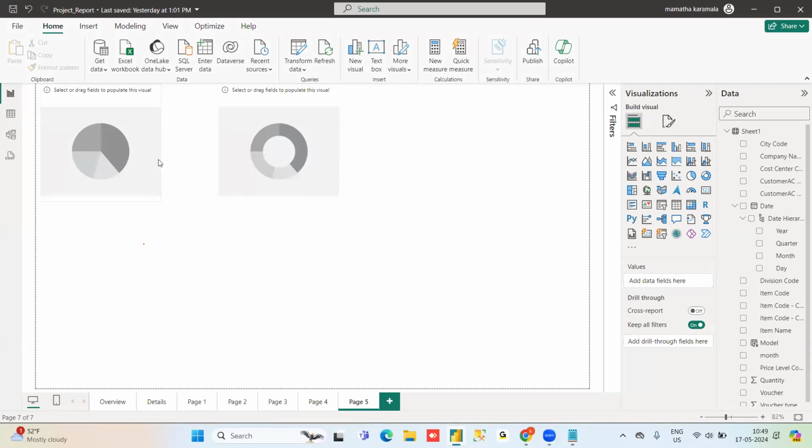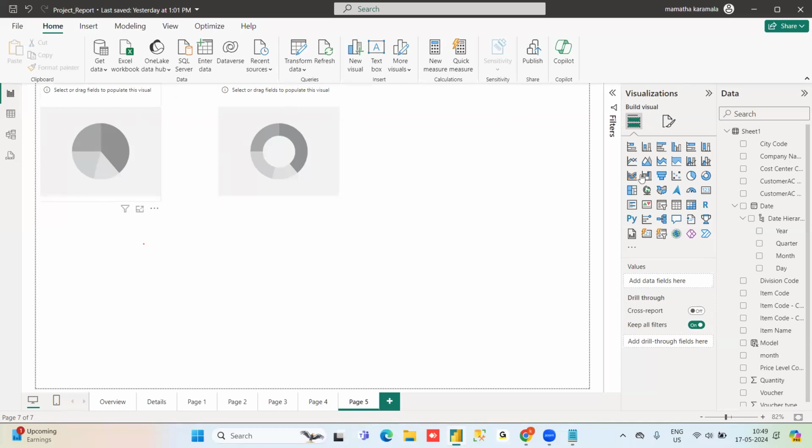If you don't want them to interact, then you can go for Edit Interactions. You can stop that visualization's interaction with the other visualizations placed in your canvas. If you don't want interaction, set that property as None. In Edit Interactions, you have to keep it as None. That time those visualizations won't get interacted.